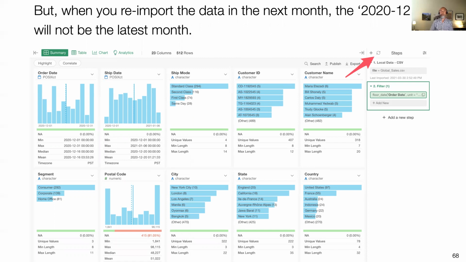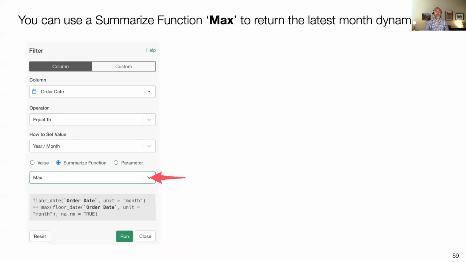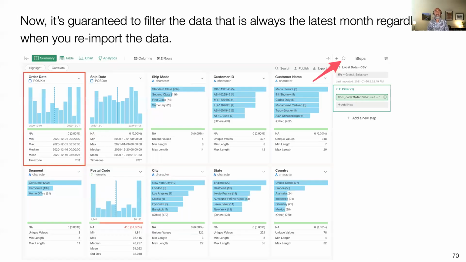I want to always focus on the last date of that particular data set. Then I can select the summarize function, and then I want to use max of the order date. That means the max value of the order date is always the latest, right? So then max, and then set values year months. That means max month of this data set. Then whenever I open this, I'm guaranteed to see the latest part of that data. Okay, so that's the summarize function,